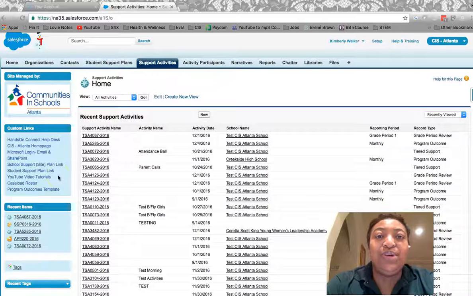Okay, so some of you also have volunteers or donors who participate in your activities or contribute. So, how do you add them? Because they also need to be accounted for in terms of your activities. So, for example, Bee Fly Girls, there's a mentor who comes in every week or every other week. That person should be added to your activity. If you have a tutoring program and tutors are coming in, then those tutors need to be added as a